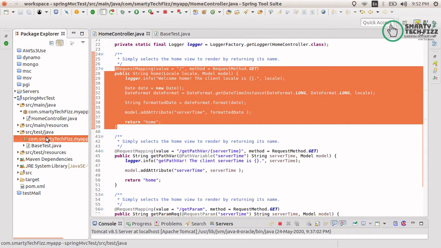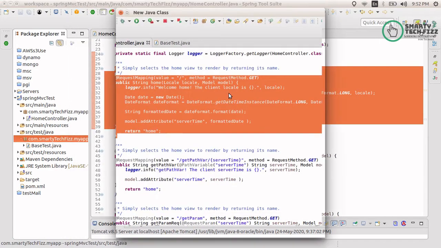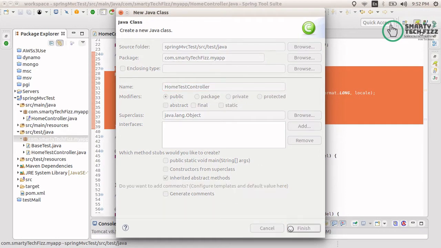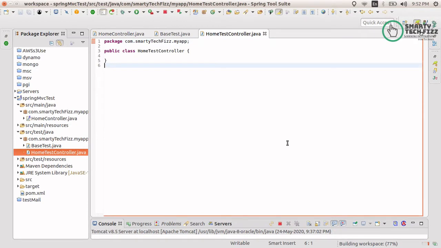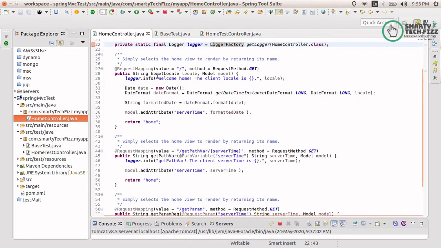So firstly I will create a class which will be named home test controller, as I'm going to test my home controller. You can write any name as you want. This is the home test controller. I have created a function named homeTest, as I am going to test this home function of the controller.